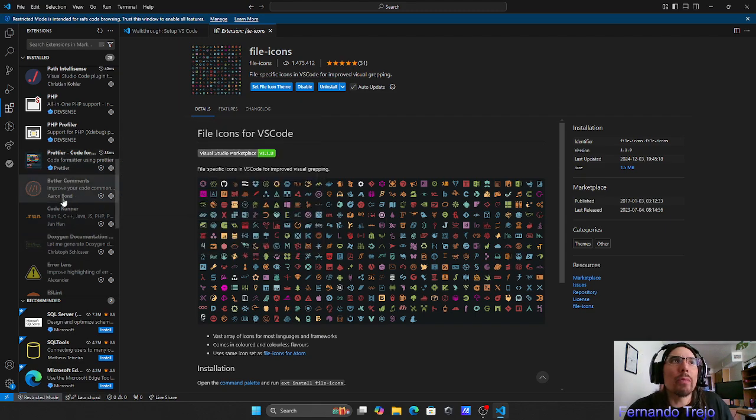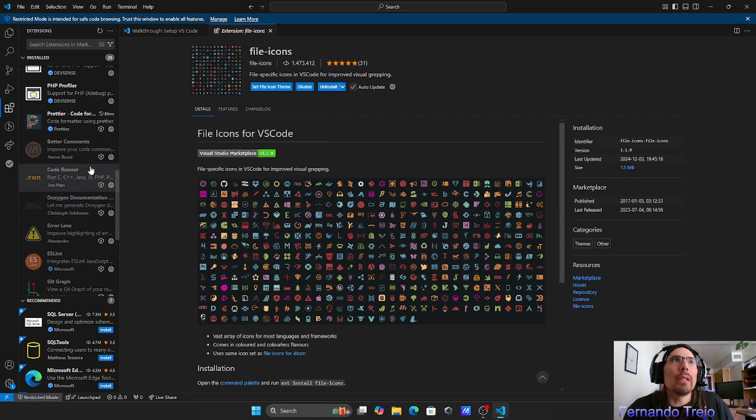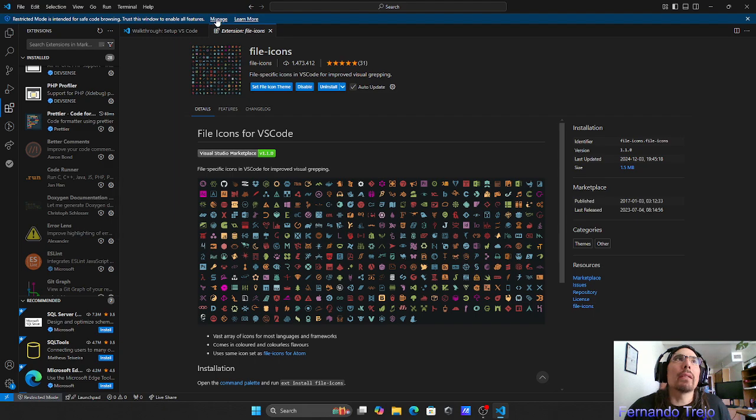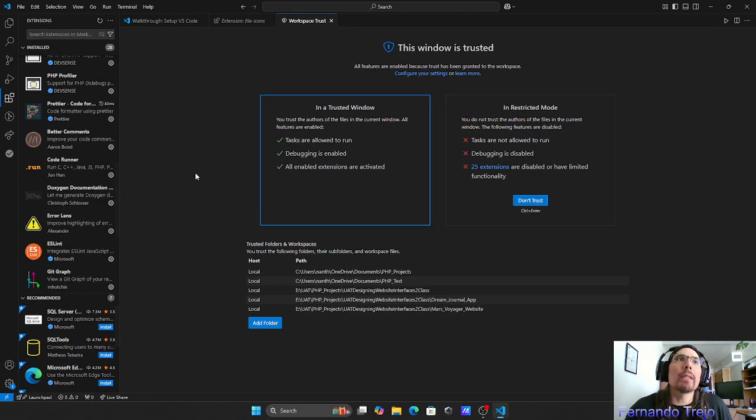But Prettier is a good formatter. Better Comments is cool if you want it with your commentation. A lot of these are locked here, and I'm wondering why. Oh yeah, that's right. Because I have it in safe code browsing. Because when I look at, we're gonna manage that, and we're gonna trust our workspace. The reason why that was an issue is because